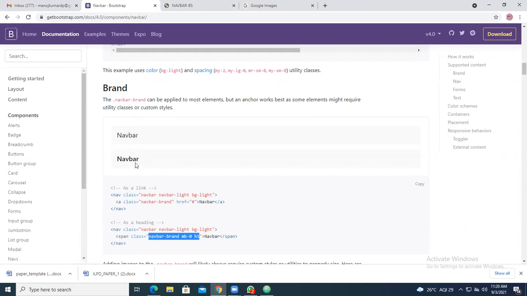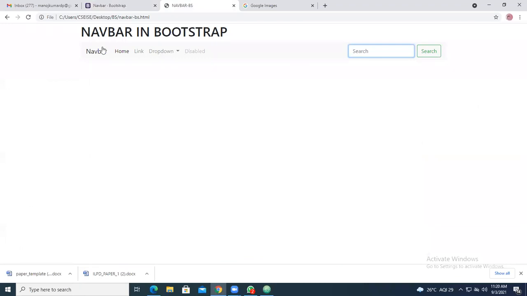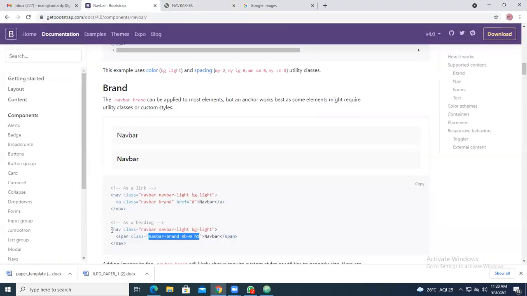As a link, as a heading. If you want it as a heading, you have to take this particular class. So what is the class? I've given the background as light, and a span class.